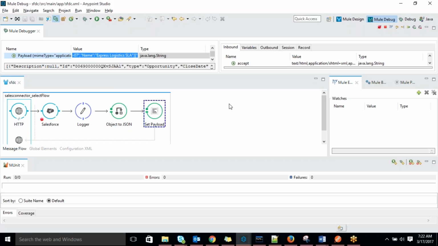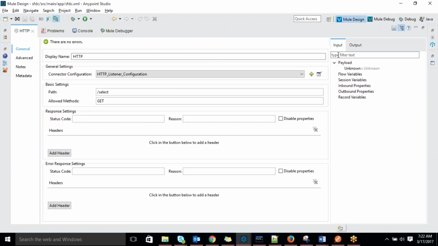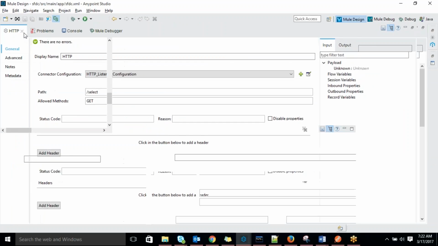Yeah, object to Java means there is already an object, right? Sorry, I mean to say type object to JSON, object to string. Whatever built-in transformers are there, we can convert it. So in that object to JSON also,